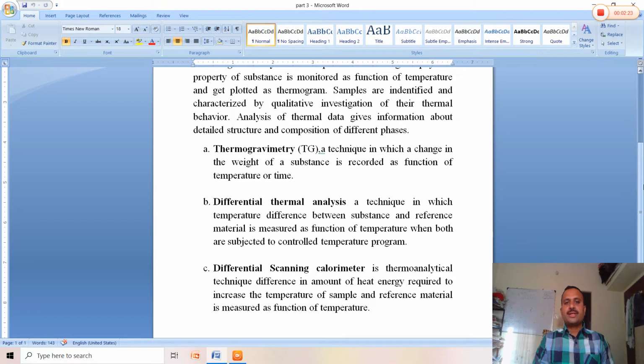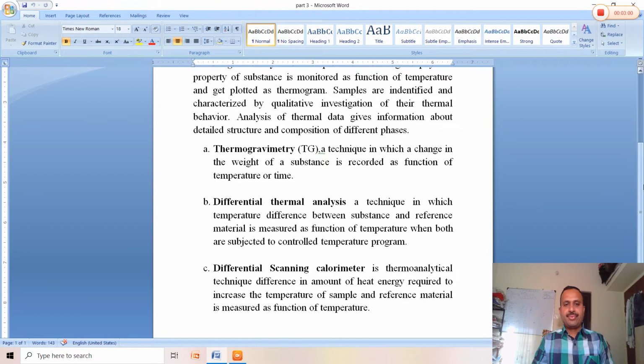So thermogravimetry is a technique in which change in weight of a substance is recorded as a function of temperature or time. In thermogravimetry, what does gravi mean? It is the weight of the sample. A technique in which change in weight of a substance is recorded as a function of temperature or time is called thermogravimetry. So in the name thermogravimetry, what does thermo mean? Temperature, and gravi means